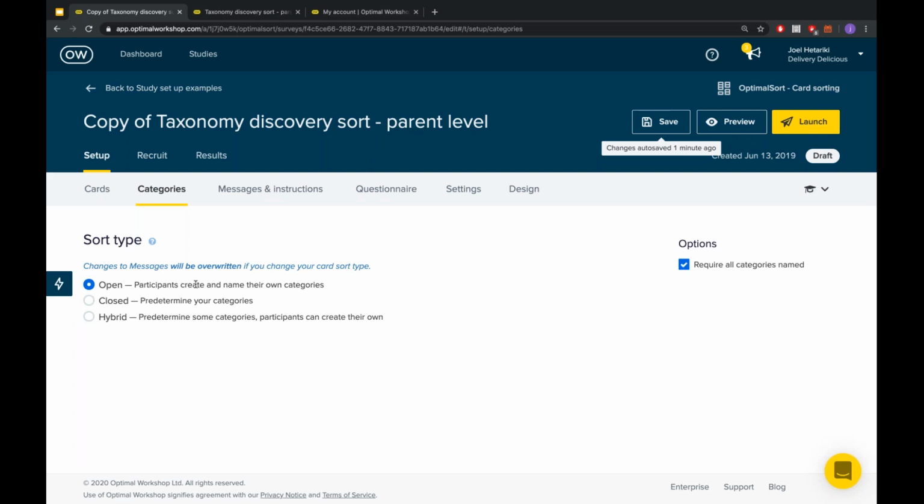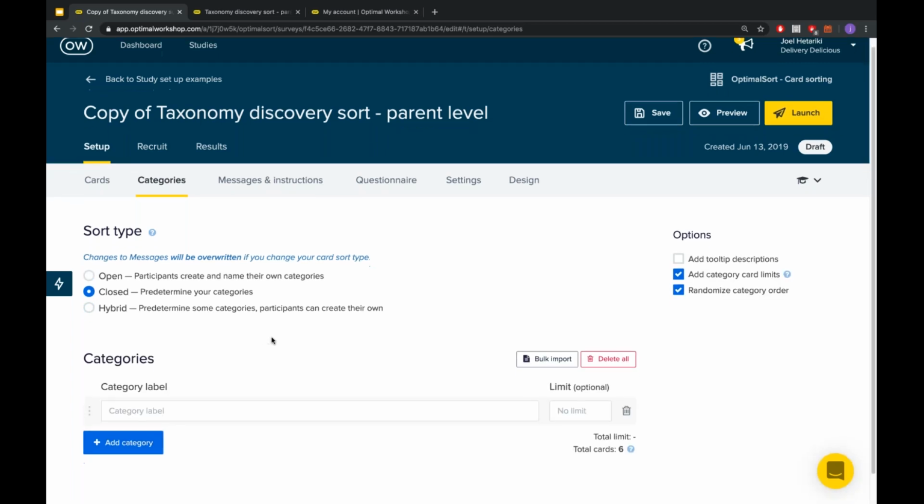So an open card sort, as you can see, it's really simple. There's absolutely nothing that you can edit on this page. But it also means that you're going to get many, many new ideas from your participants. So if you're looking to generate new ideas, or maybe your personas that you're working with have changed drastically, or the content you're looking to supply has shifted quite a lot, this is a great way to design in collaboration with your participants and make sure that you're seeing all of the views and finding out what's going to resonate best with the largest group of your participants.